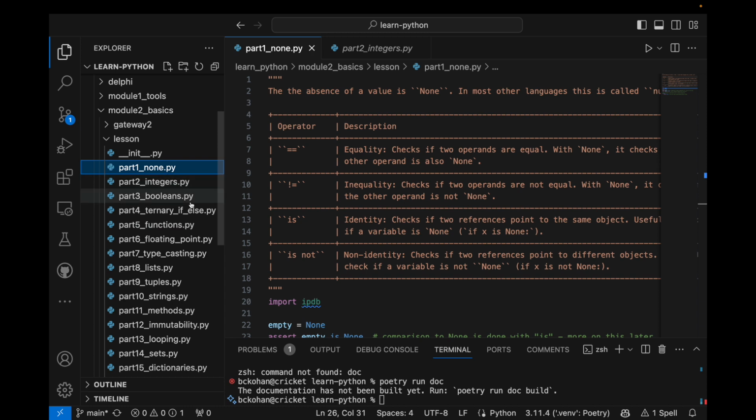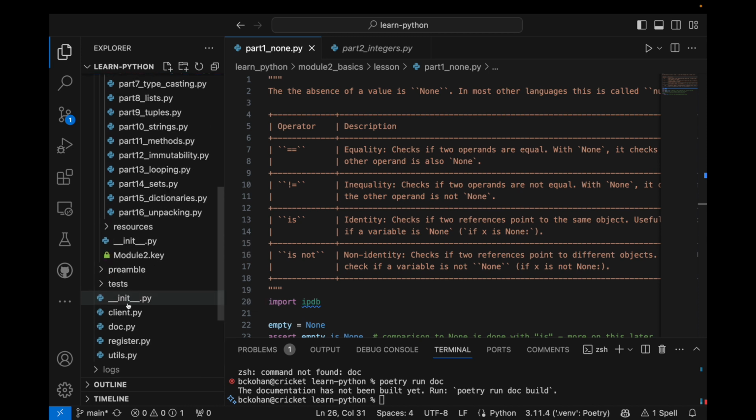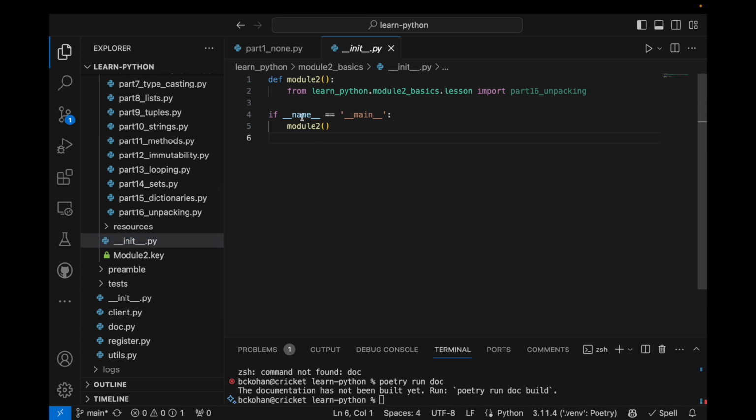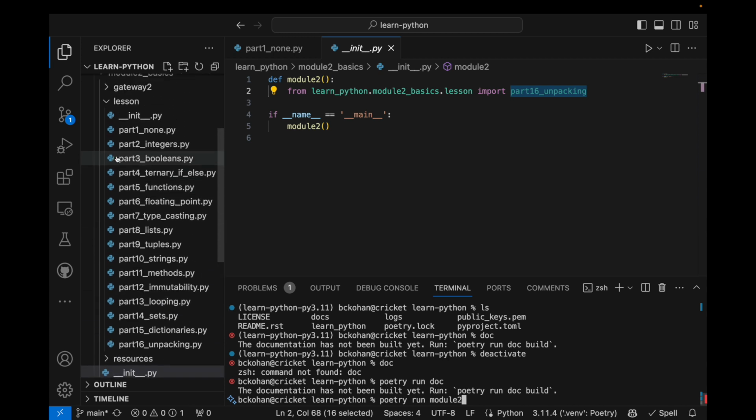So each of these lessons imports the one before it. And we have a script called module2 that we have defined here, and you'll notice that it imports the last lesson. And so if we run poetry run module2, it is going to execute each of these Python modules in order,